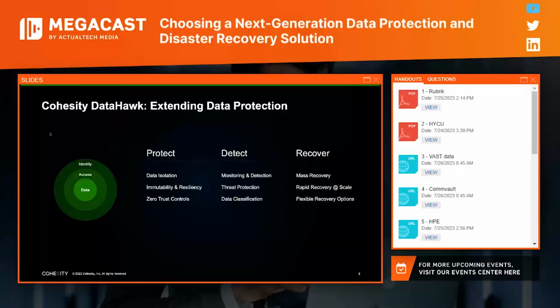When we say protect, what this means is to ensure that we are taking advantage of our full data protection, we're going to utilize data resiliency and access controls to secure the backup and recovery process. We also maintain an immutable copy of your data to prevent ransomware attacks, which will often target backup environments.